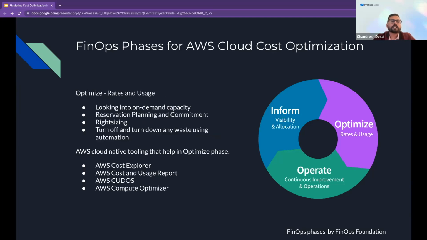So yeah, this is the second phase, about optimize. Optimize is how you can rate and use your current AWS environment. Since you already set up the visualization and allocation in your inform phase, now we can move forward with optimizing cloud resources. In this phase, you can set up a list of processes to get better cloud cost optimization and